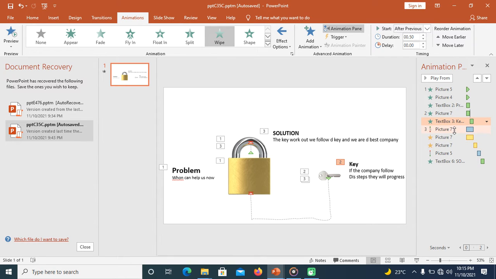Number 3, these are number 3. 1, 2, 3, 4. Look at number 3. They spin, the parts follow and open this guy, all of them.